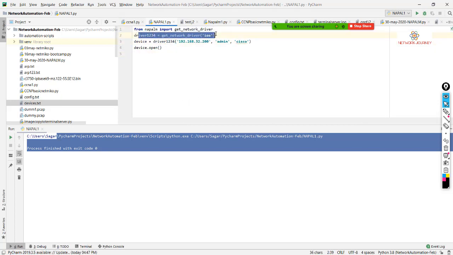So I define it's the iOS family. I'm going to define what my IP address, username and password are, and I'm going to make use of this variable once again, and take the whole data in a new variable called device, and this variable will send a command called open with brackets. Now this is very important. This is for SSH establishment. If you think that this was just optional, don't take it that way. So let me close this by putting it under a comment. So only three lines.